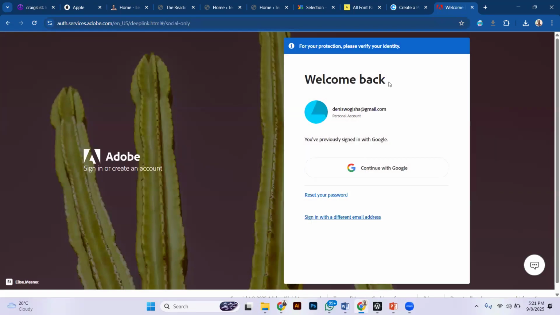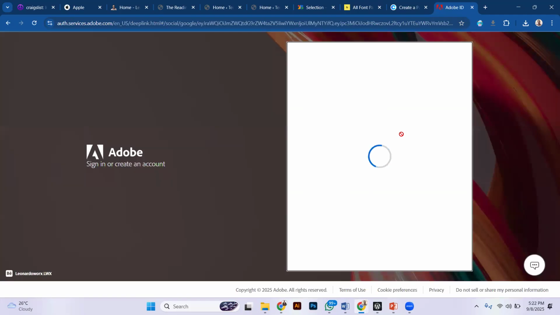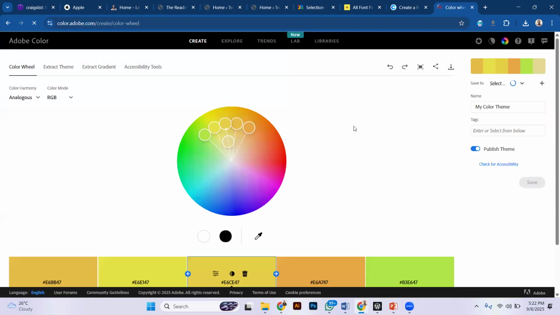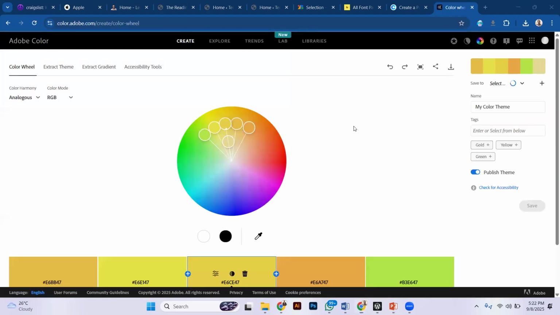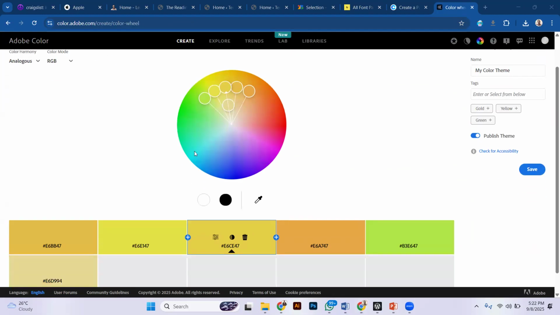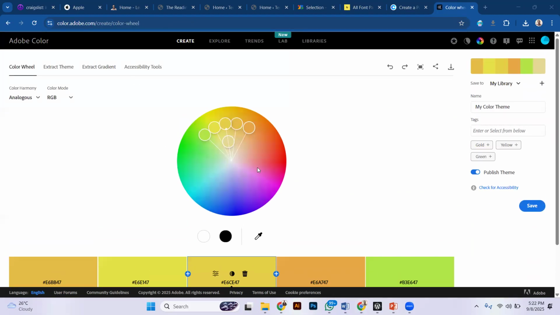I'll use the free plan, meaning I'm going to click continue with Google. I'll select my account. Whenever you visit most of these websites, they will ask you to create an account. Don't fear, please create accounts. So again, using color.adobe, you can